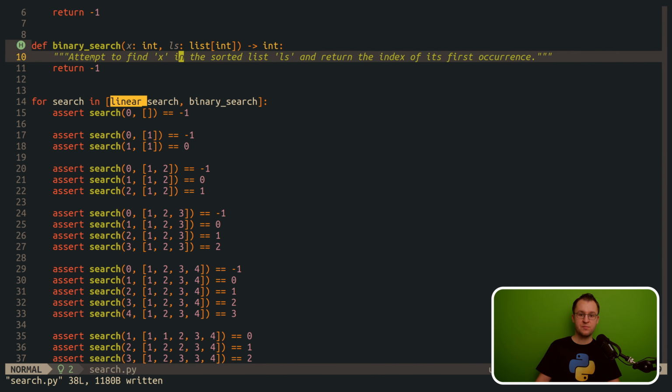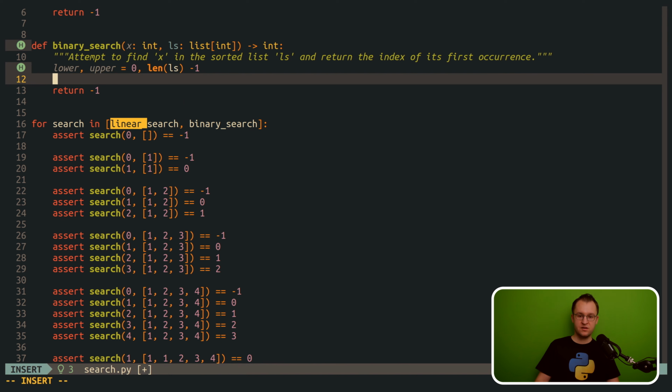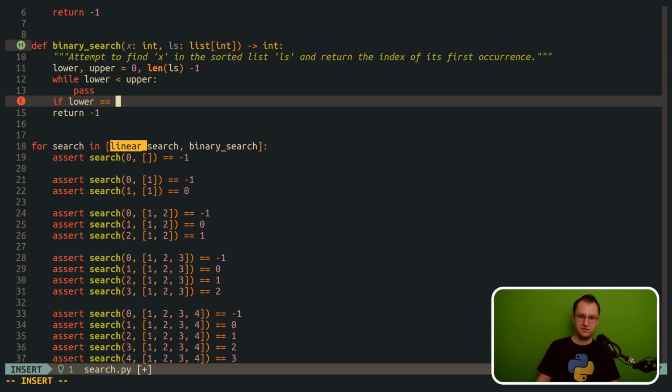Now, as for the binary search function itself, this function is basically looking at an interval with a lower and an upper boundary, and as the search progresses, this interval gets smaller and smaller. In the beginning, the interval corresponds to the whole list because we cannot yet make any assumptions where the element we are looking for may be inside of the list. Now, to actually make this happen, we need a while loop that will be running as long as the lower boundary is less than the upper boundary. As soon as the boundaries are the same, the loop can terminate.